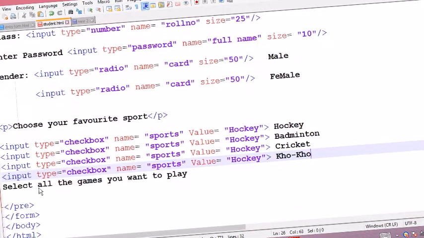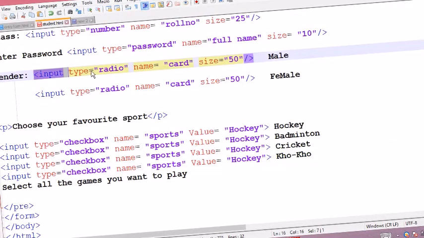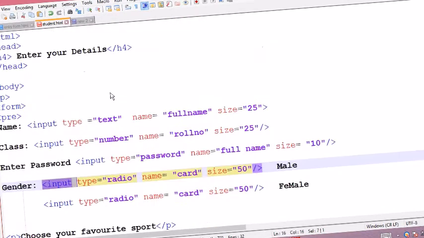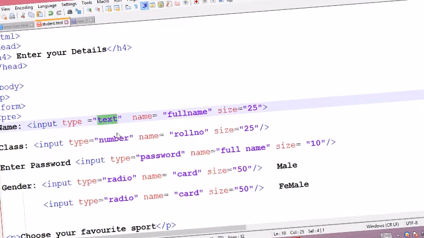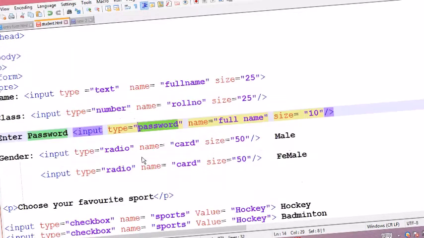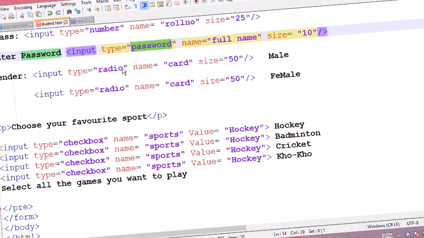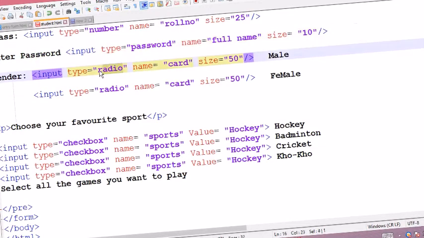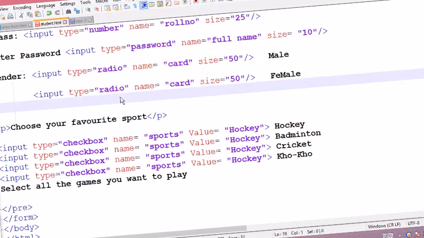Here also, to collect the information we are using the input tag only. We are only changing the type. Type is text; when we are asking for class, type is number; when we are taking password, type is password. When we are giving two options and we want only one option, type is radio, that means radio button.